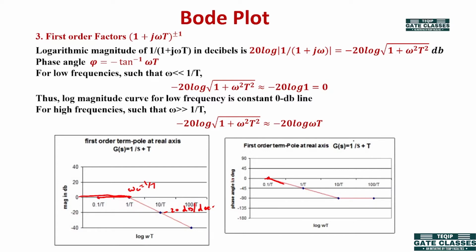To calculate this angle, you can calculate the angle when omega is 0.1 by t, then when omega is 1 by t, and then when omega is 10 by t, and then you can draw these angle points on the graph while drawing the Bode plot. Okay,